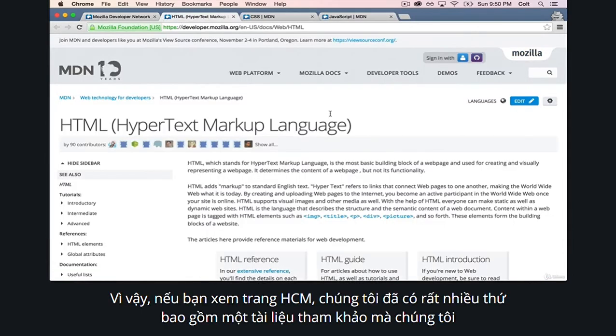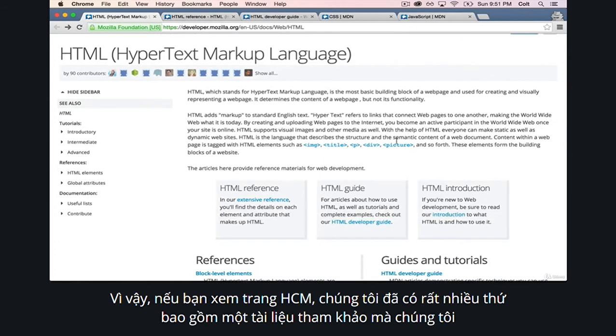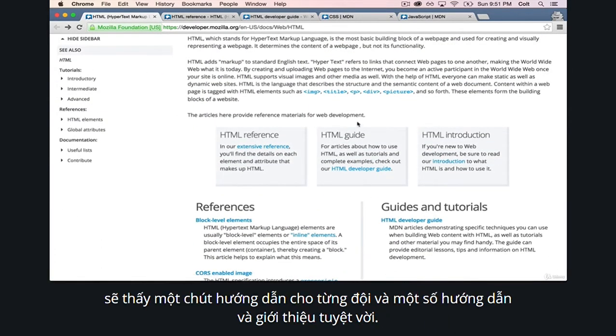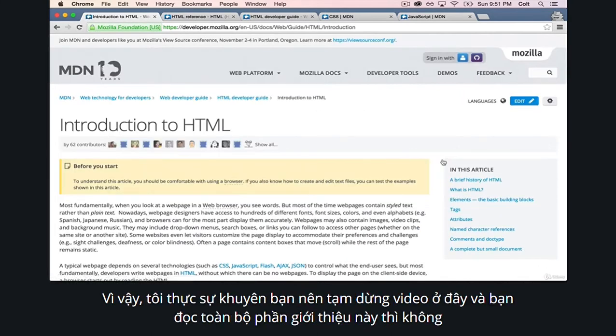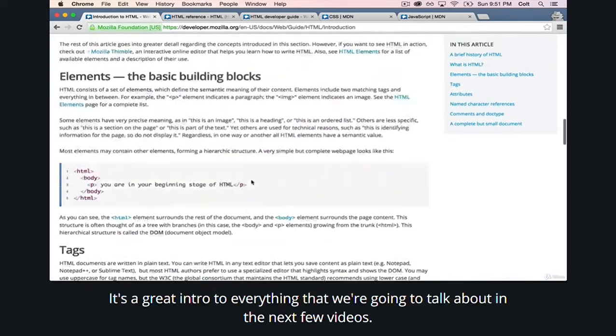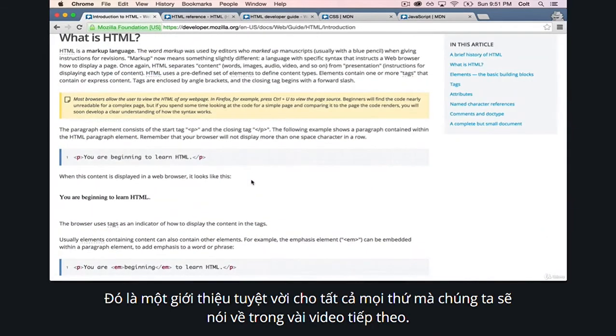So if you take a look at the HTML page, we've got a bunch of things, including a reference, which we're going to see in a little bit, a guide to HTML and some tutorials, and a great introduction. So I actually recommend that you pause the video here and you read this entire introduction. It's not very long. It's a great intro to everything that we're going to talk about in the next few